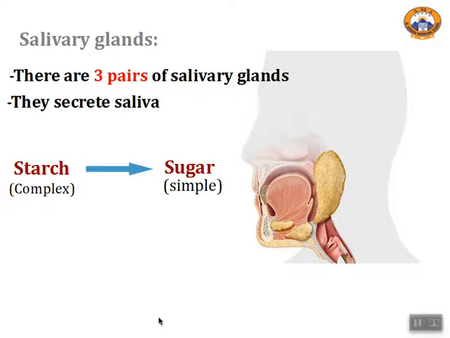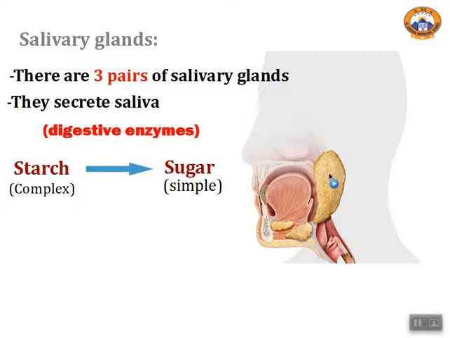Salivary glands. Salivary glands are digestive supplementaries, which means they can secrete juices to help in the digestion process. We have three pairs of salivary glands in the mouth. They secrete a juice known as saliva. This saliva contains digestive enzymes, which means they are substances which are able to break down the complex food into